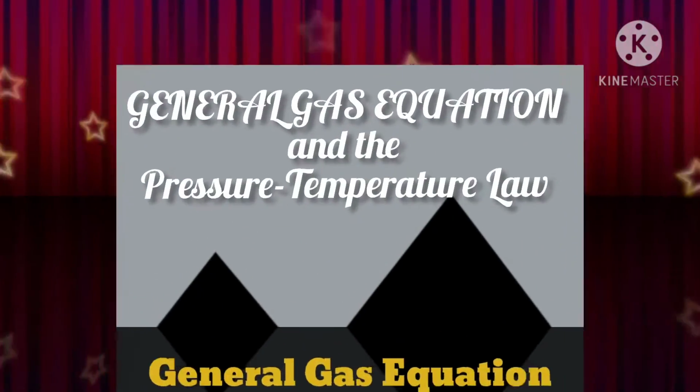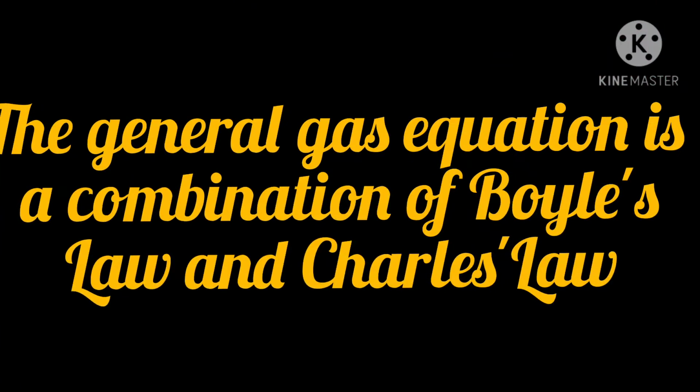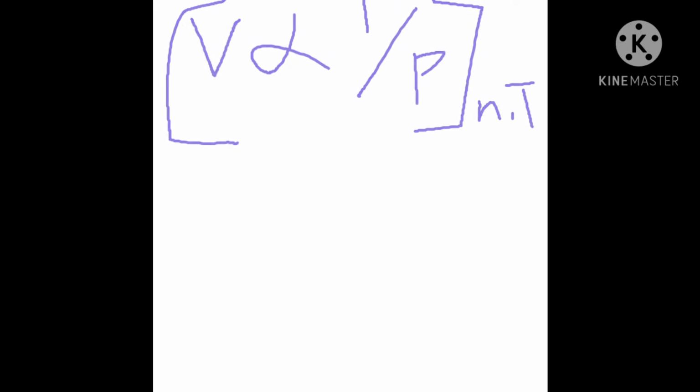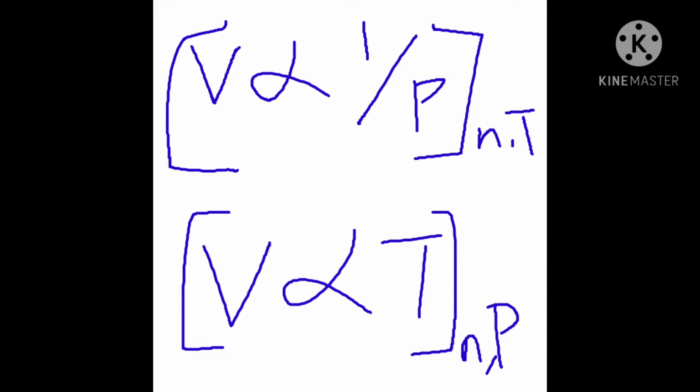In this video, we are considering the general gas equation. The general gas equation is a combination of Boyle's law and Charles' law. Of course, Boyle's law states that at constant temperature, the volume of a given mass of gas is inversely proportional to its pressure, while Charles' law states that at constant pressure, the volume of a given mass of gas is directly proportional to